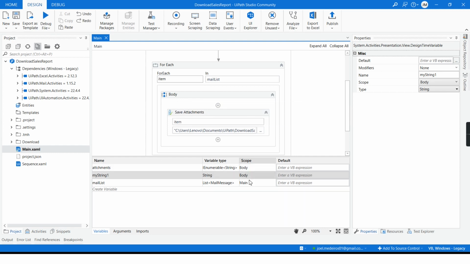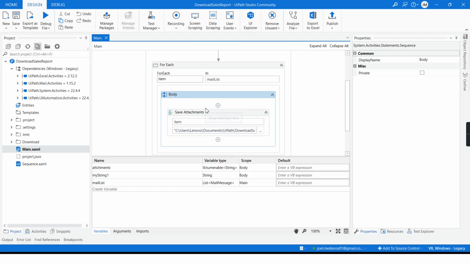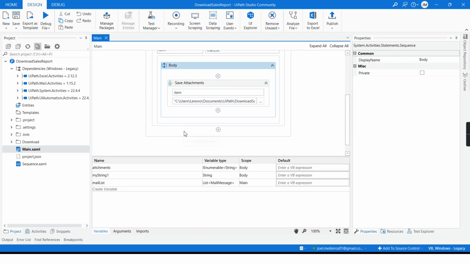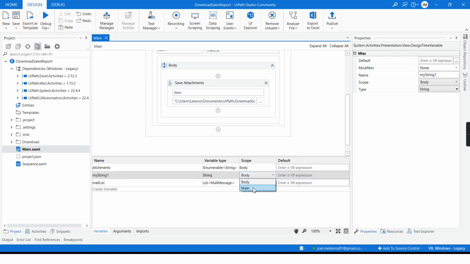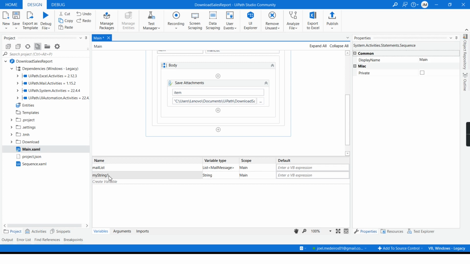But you can see that there are two different scopes here. Whatever I create inside here, I'm not able to use outside. But I can come here and change the scope from body to main, and now my string 1 will be visible outside of the body, inside of the main scope.